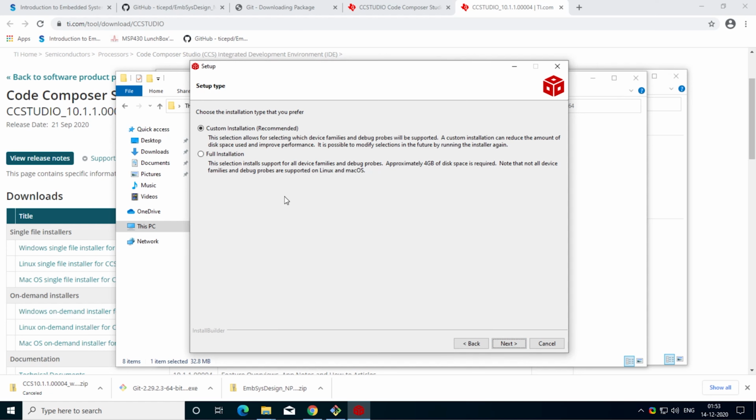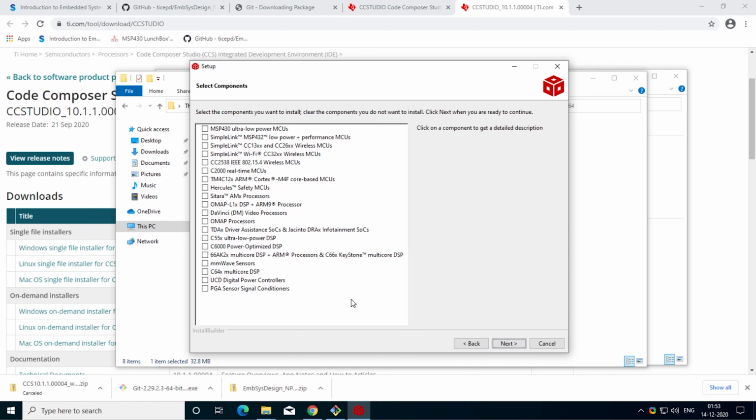Since I want the packages specifically for MSP430, I will go for the custom install. If you have gone for full install, then you will have all these packages installed in your system, but for this MSP430 Lunchbox we need only this package. Okay, just after selecting this option, we will click on next.